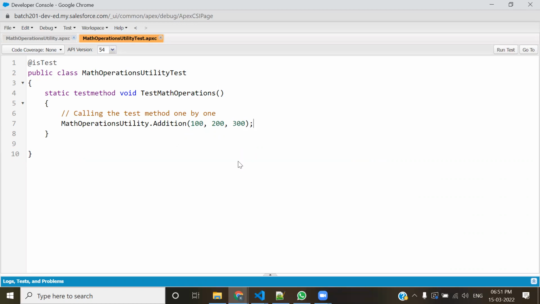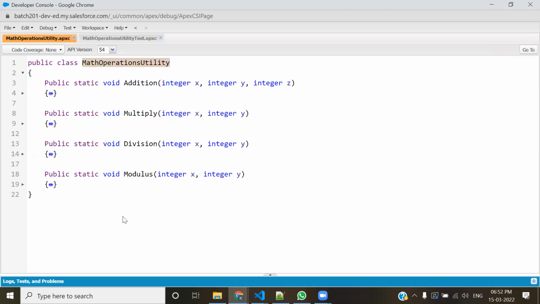उसका रिजल्ट आइडियली 600 आना चाहिए, वो भी चेक करना पड़ता अपने को। फिलहाल वो नहीं कर रहा हूँ। फिलहाल मैं क्या कर रहा हूँ, देखो स्टेप बाय स्टेप जा रहा हूँ। सबसे पहली टेंडेंसी टेस्ट क्लास बनाने की। सबसे पहले जाके देखो कितने मेथड्स हैं, चार मेथड्स हैं, ठीक है, एक एक करके स्टार्ट करो। पहली मेथड लिया एडिशन, एडिशन को कितने वेरिएबल्स डिमांड कर रहा है, एडिशन मेथड अगर कॉल हो रही कितने पैरामीटर्स है, तीन पैरामीटर्स है, ठीक है, तीनों पैरामीटर के टाइप देख लो, इंटीजर है।